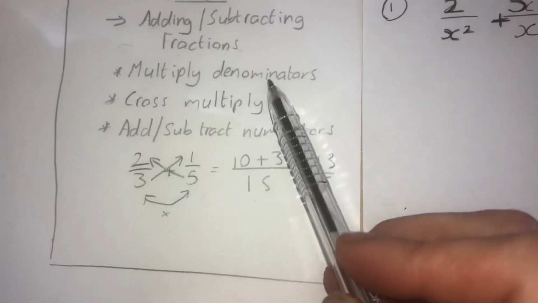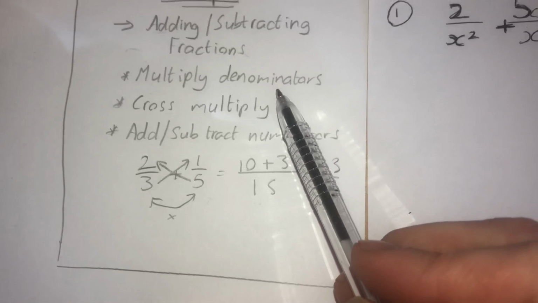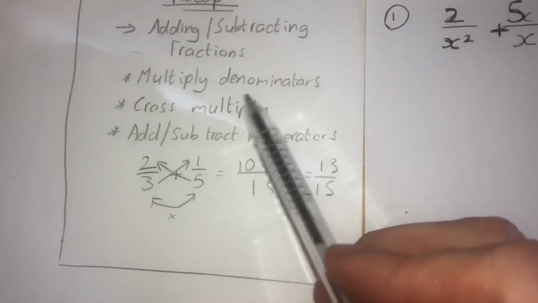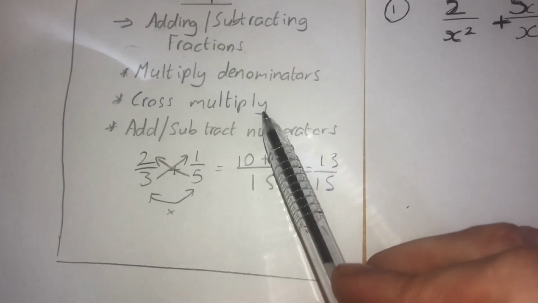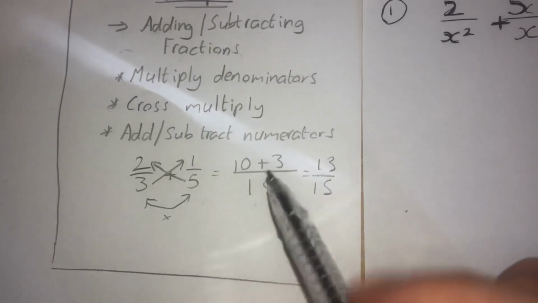We're going to multiply the denominators in each equation to find a common denominator, because we're adding or subtracting fractions. We're then going to cross multiply to change the numerators, and then we're going to add or subtract the numerators